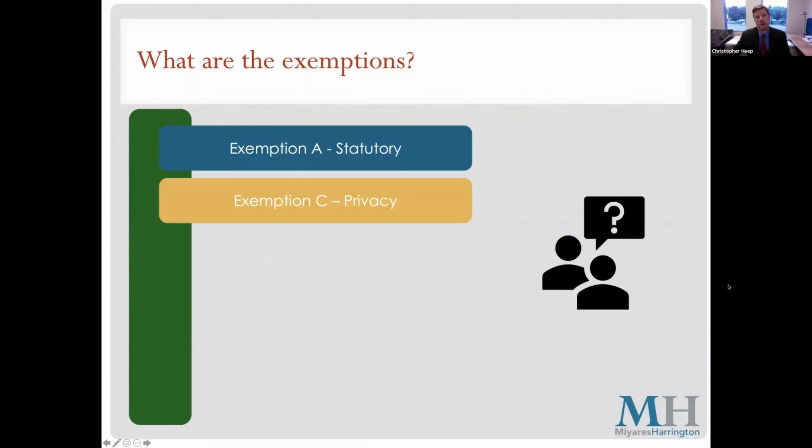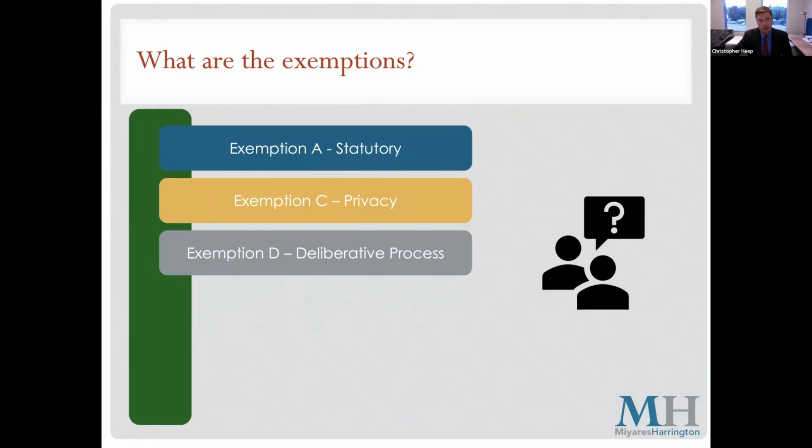Another exception that we commonly see under the public records law is privacy. And the specific exception here in the definition of public records is personnel or medical files or information and any other materials or data relating to a specifically named individual, the disclosure of which may constitute an unwarranted invasion of personal privacy. If a document falls into that category, that would not be something that would need to be disclosed upon request.